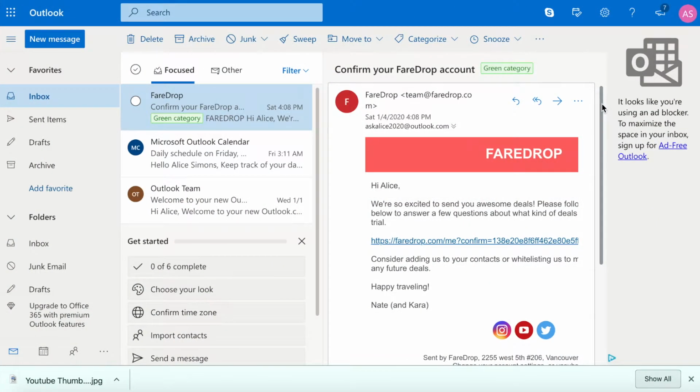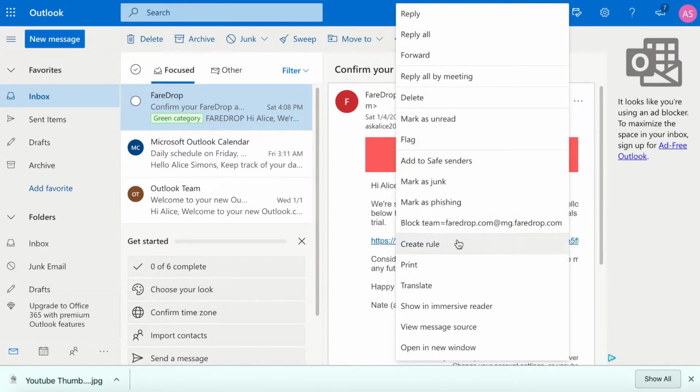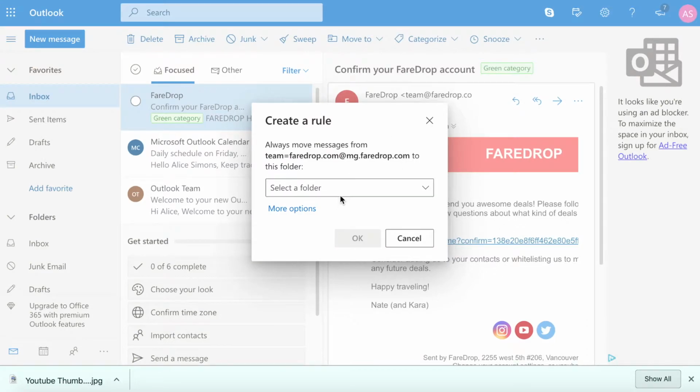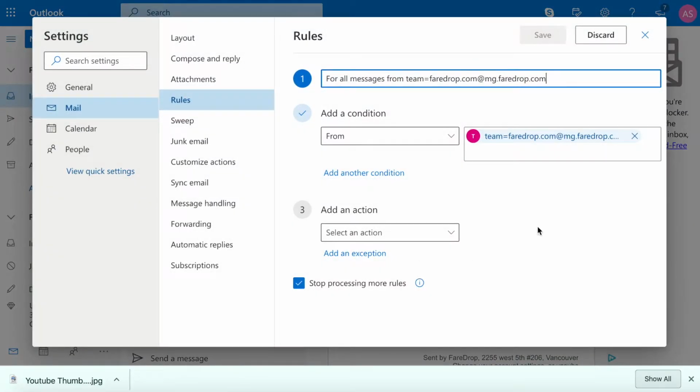First, to create a rule in Outlook, you're going to want to open up any email and then click on these three dots here for more actions and go down to create rule. Now this will pop up and it'll give you a really easy way to create a simple rule. For us, we're going to go into more options, and I want to see the full rule maker page here